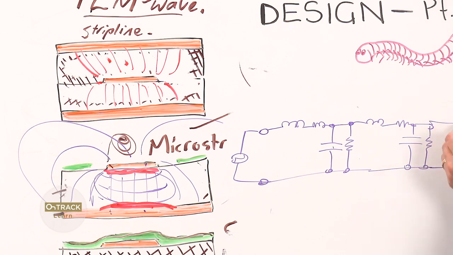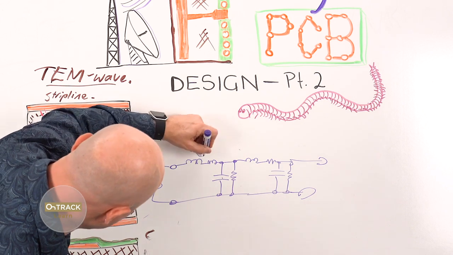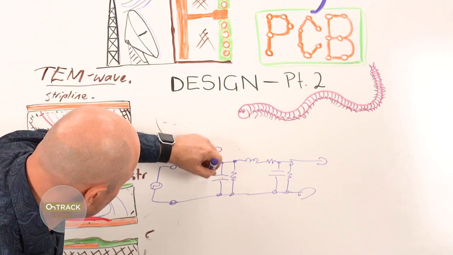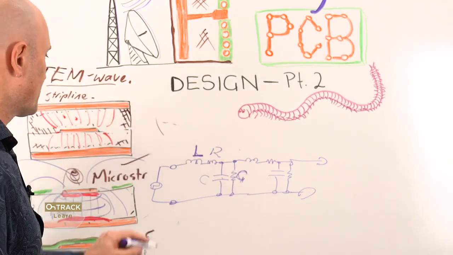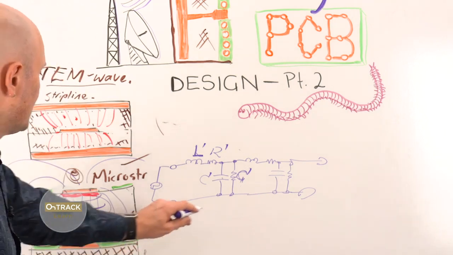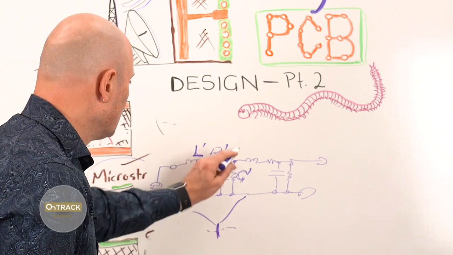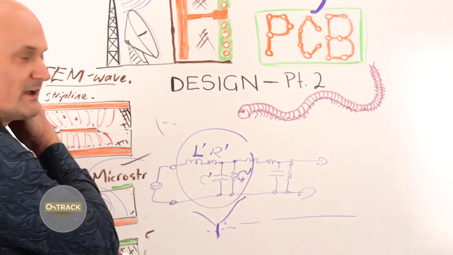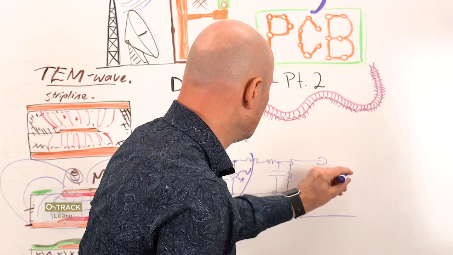And so we have this concept of inductance, L. That's a wonky L, let me do that clearer. Series resistance, capacitance, and conductance, G. So we have this R, L, C, G, and those infinitesimally small sections of circuit join up in series to form a whole transmission line. And that's what gives rise to the characteristic impedance, which is Z0,